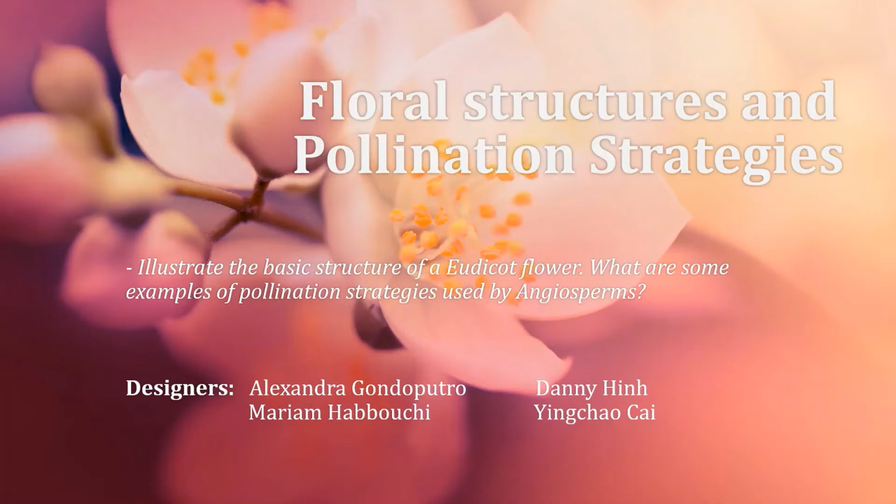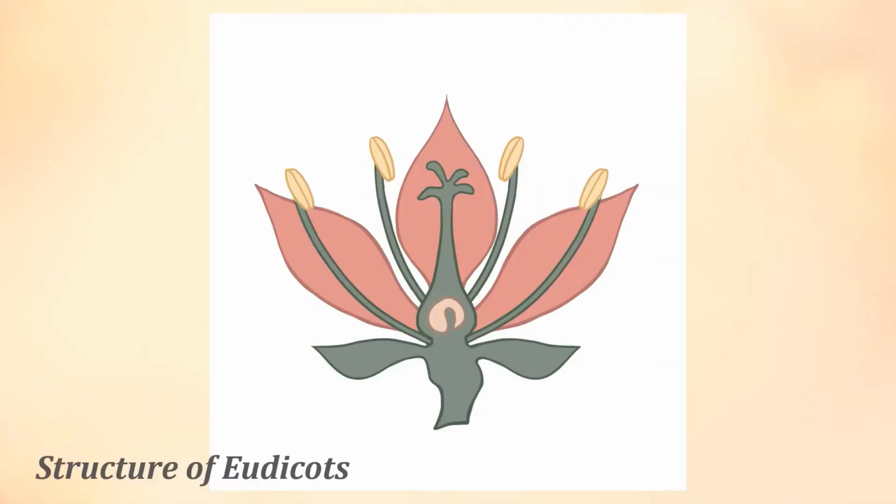Flowers are the reproductive structures of angiosperms. This video will illustrate in particular the basic structures of a eudicot flower and the variety of pollination strategies utilized by angiosperms. Eudicot flowers are composed of three main sections, which include the male and female reproductive systems and the